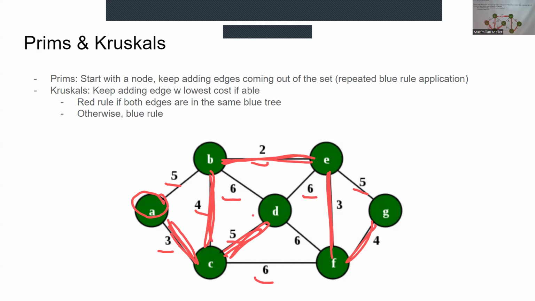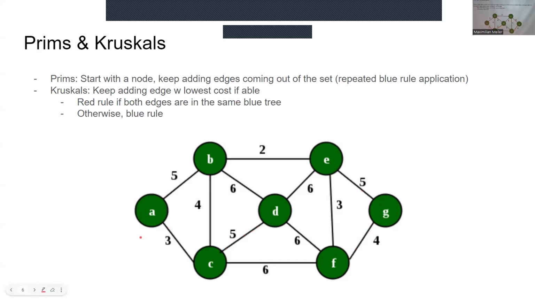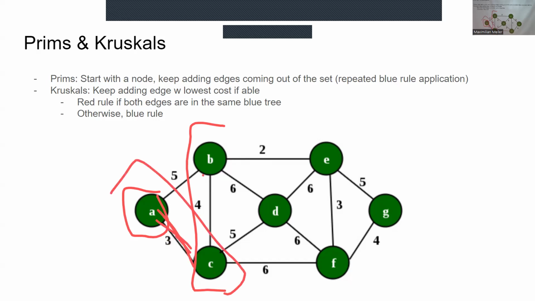Yeah, you would. I was just skipping ahead, but this is what the outcome would be. It's always lowest first. And you can see that what's happening here is just the blue rule over and over, because you start with a cut set that is just your source node, and then you ask, what's the lowest edge on this cut set? Then you color this blue, and this is your new cut set, and you ask, what's the shortest edge? Then you color this one blue, and so on and so